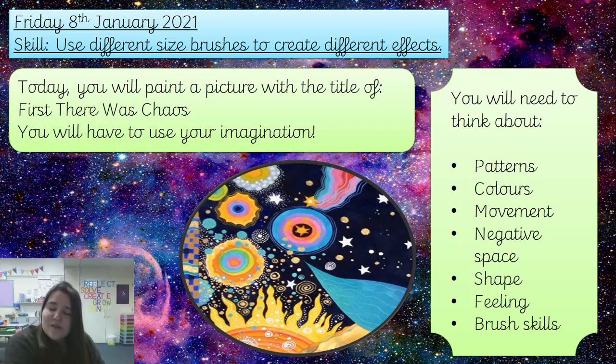So what sort of colours are you using? Using bright colours, or are you using different types of colours? So very warm colours, cold colours, and sort of your brush skills. But obviously I know at home you might not have paints or any type of paintbrushes. So I was speaking to Mrs. Ludlow, and she was thinking that you might not have